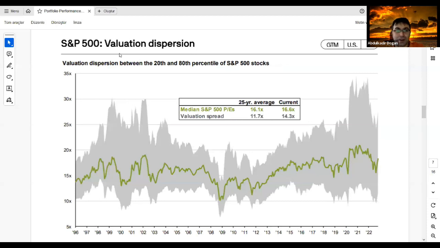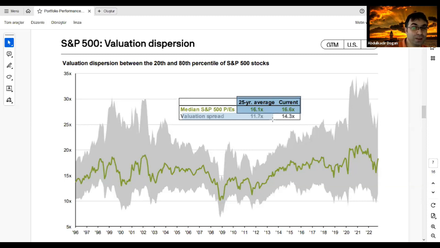Let's look at this picture now. This shows the S&P 500 valuation dispersion. What do we mean by valuation dispersion? It shows that if I take a picture from 1996 till now, approximately 27 years today, the median S&P 500 price earning ratio is volatile in this range, but the valuation spread is between